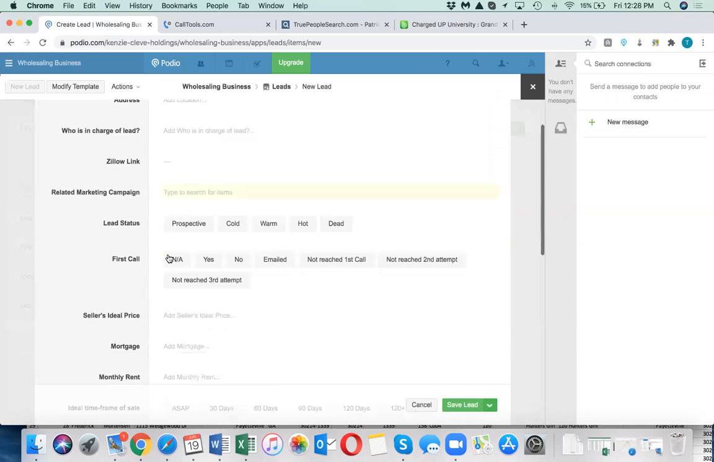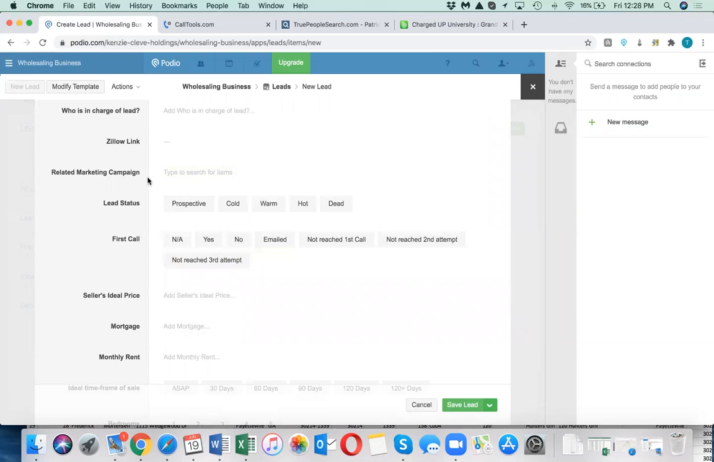So now the related marketing campaign. So we add in our marketing campaigns that we have as far as cold calling or postcards. And the only reason why I really like that is because you can see what campaigns work and where your leads are coming from. So that's really important to do on that to know where you got